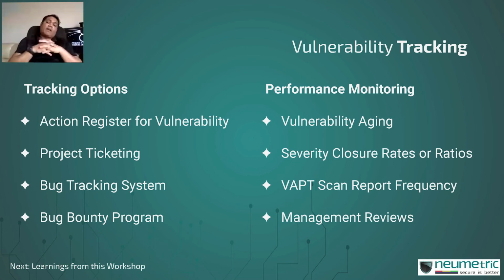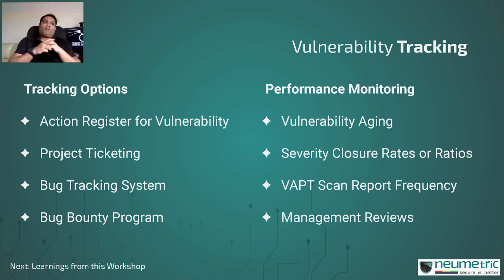The second performance factor that you can monitor is the closure rates. What I mean by this is, let's say you discover 20 vulnerabilities, and out of them 5 are serious, 10 of them are somewhere in between, and then 5 of them are relatively low or less problematic vulnerabilities. Typically you will classify them into high, medium, low. In the case of Numetric, we have a 5 point grading system, which is critical, then high, medium, low, and informational.